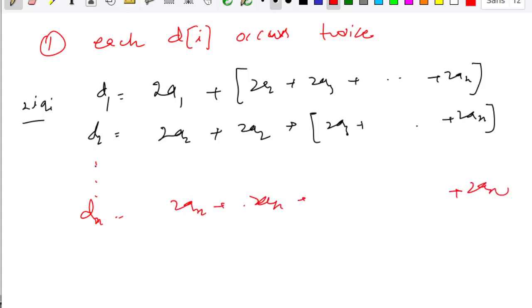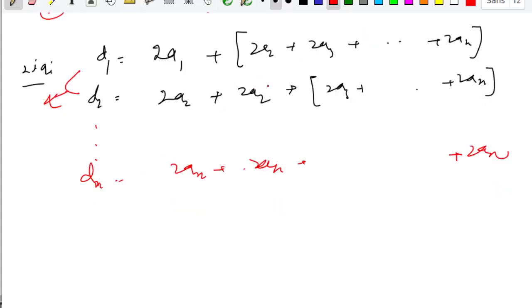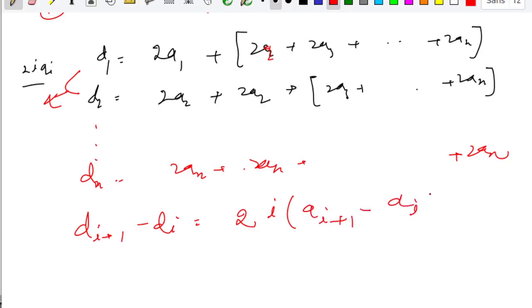Now if you observe the difference between two consecutive di's, then you will see that di+1 minus di equals 2 into i into ai+1 minus ai.